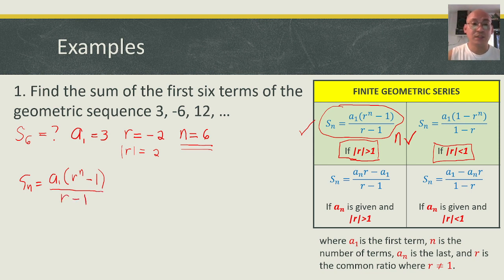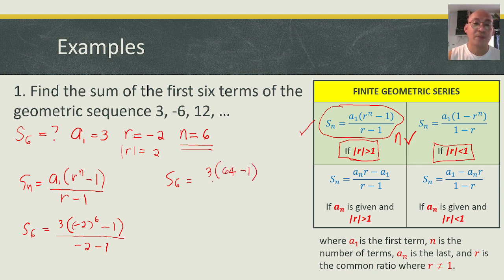By substituting the given, we have here the sum of 6 terms. And the first term is 3 multiplied by the common ratio of -2 raised to the n, which is 6, then minus 1, divided by the common ratio of -2 minus 1. So in this case, we can now evaluate. The sum of 6 terms is equal now to 3 multiplied by -2 raised to the 6th power. That will give us 64